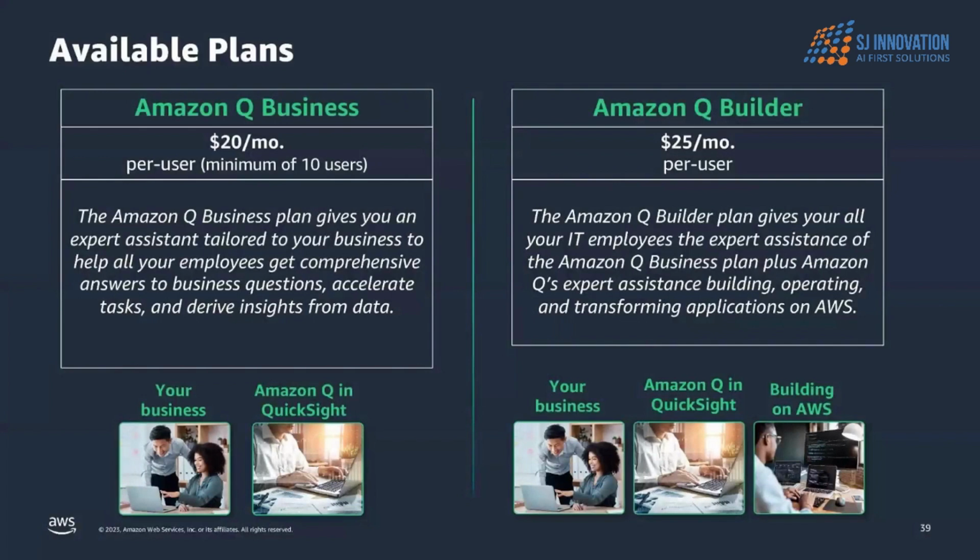So next thing is about the pricing. Currently Amazon Q, since it's a newly rolled out feature, is available for free for some time, as it is in preview. Once they start charging for it, it will be available in two tiers: business and builder. Business will be $20 per month per user, and you can have as many users as you want. In Amazon Q Business, you basically get all those connectors and third-party integrations. For Builder, you get all the integrations, which is $25 per month per user. In that, you get all the features that are there in Amazon Q Business.